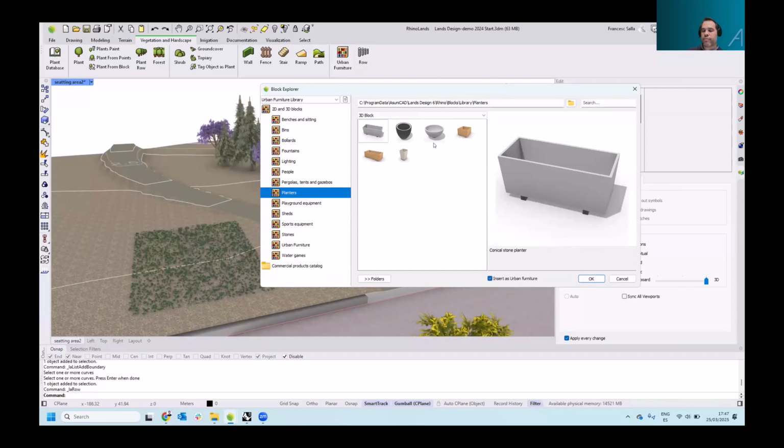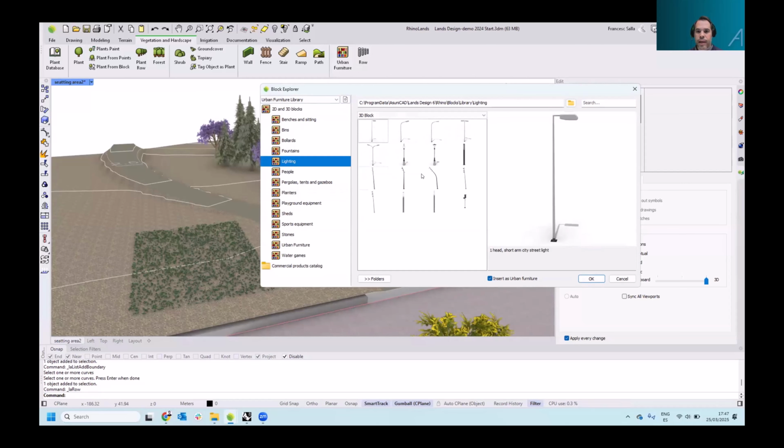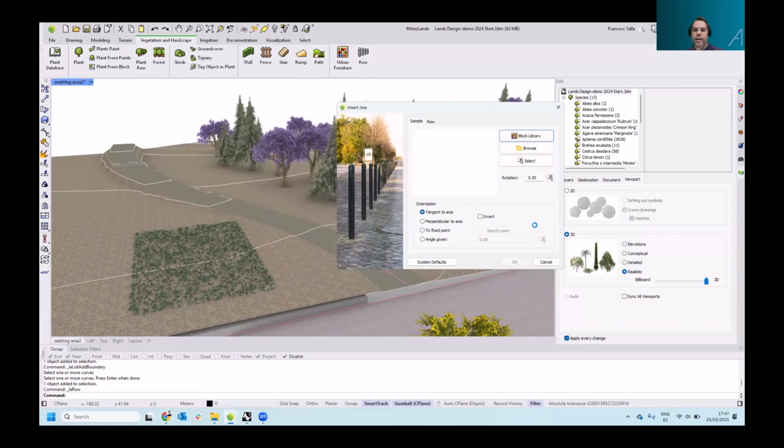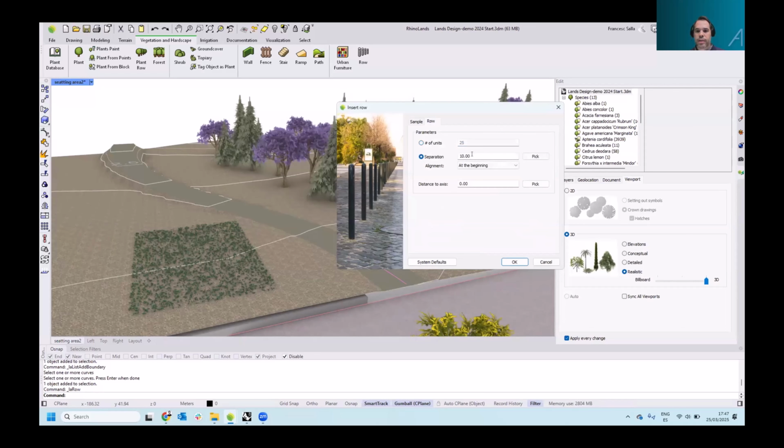If you have your own library of objects with a format that is compatible with RhinoLands, you can also use them. Actually, you can add here custom shortcuts of your folder where you have your blocks and use them in your model. In this case, I'm gonna pick any of these lighting objects. Here we can explore different row parameters. For example, I'm gonna insert